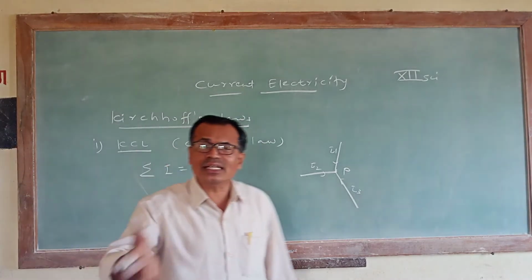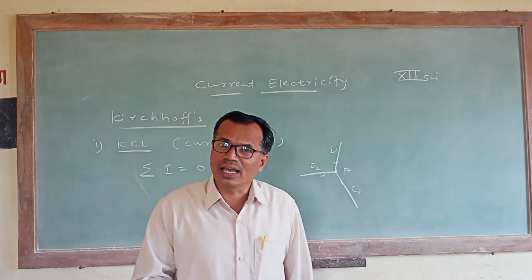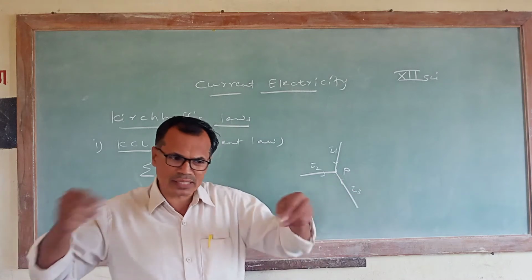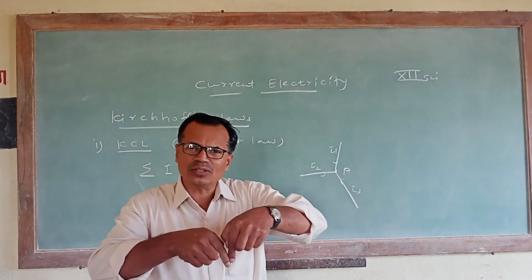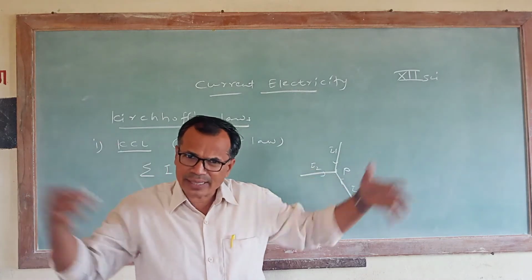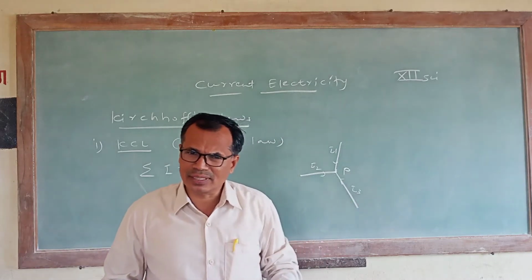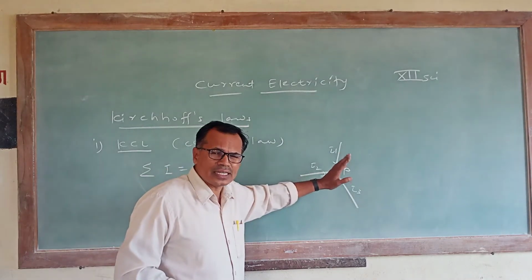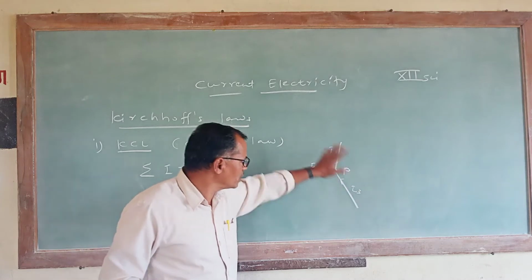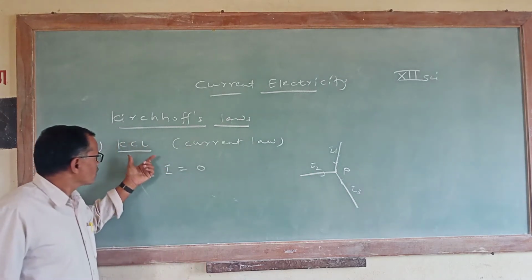Again, we know that Miraj is a railway junction, but Sangli is not a railway junction. Sangli is a station, and Miraj is the railway junction. Means what happens, sir? From Miraj, there are two or more roads. At Miraj we will have a train to Pune, a train to Kolhapur, to Bangalore, to Pandharpur. That is at the junction, the railway tracks meet. The same thing happens at the P junction. P is the junction because at point P two or more conductors meet. In the figure, three conductors meet. It is called a junction. You got it? That is what is meant by junction.